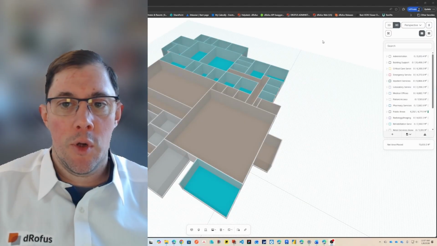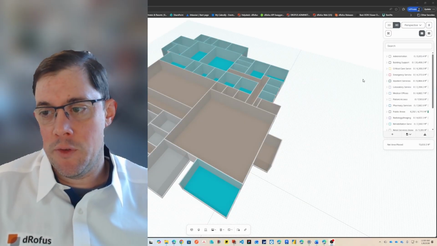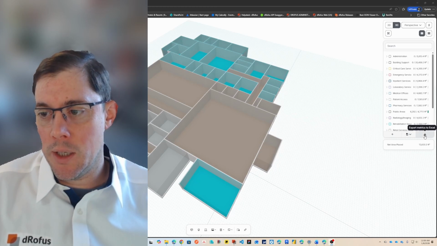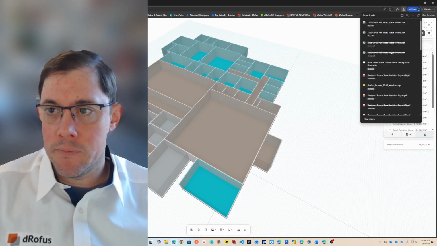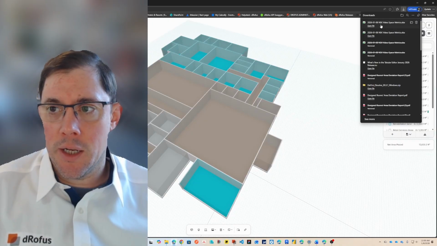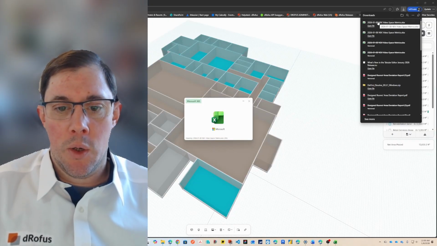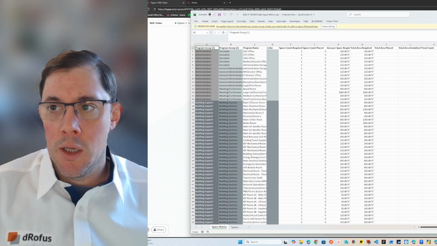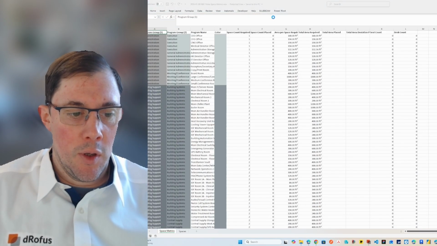So for this workflow, we're going to head back to Hypar to make use of their Excel export feature. So I can come over here to the right, click on this Export Metrics to Excel button. That's going to generate and download the Excel file that we're interested in. We're going to go ahead and open that file, and then we can see what the contents of the workbook